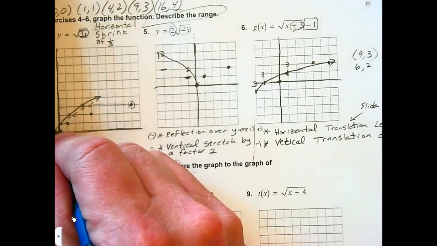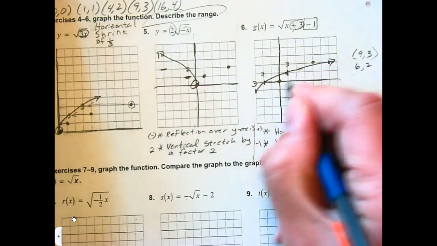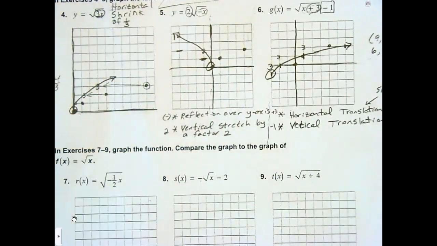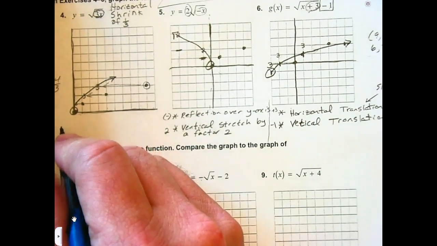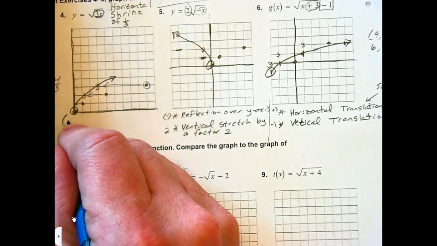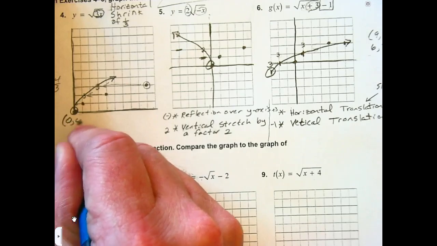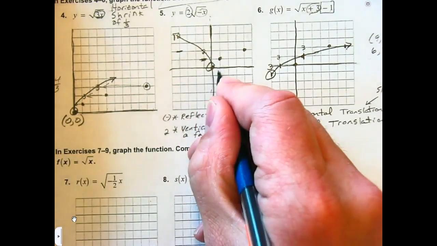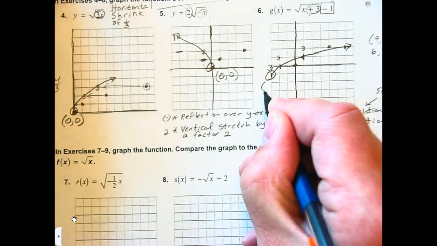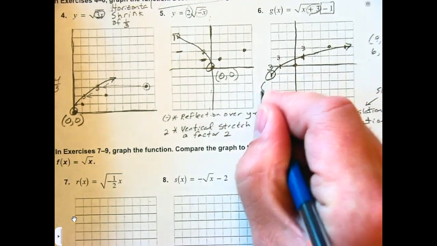Here's what I want you to do on each one of these graphs. I want you to find your starting point. Put the coordinate of your starting point. Write down that coordinate. Okay, here hopefully you put 0, 0. Here you put 0, 0. Here you put -3,